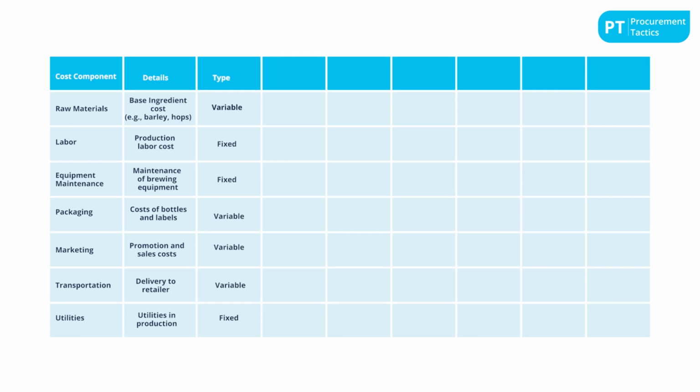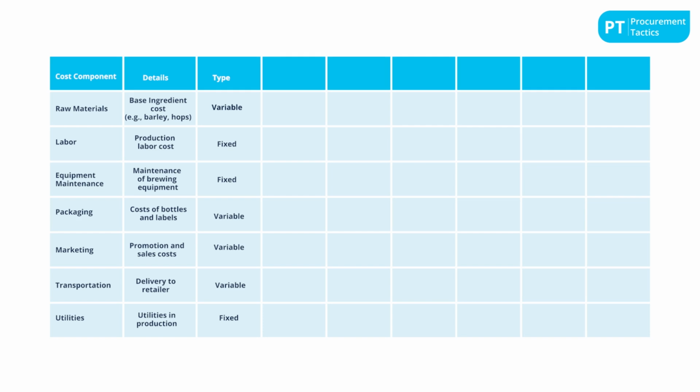Fixed costs don't change no matter how many products your company creates, like the rent for your warehouse. Variable costs, on the other hand, can go up or down depending on how much you're producing, like raw materials, which fluctuate with production levels. Knowing the difference between these helps you to plan your budget better and figure out how costs can change